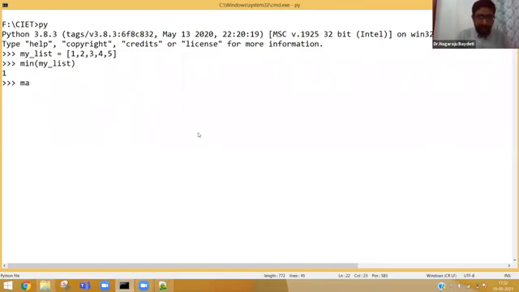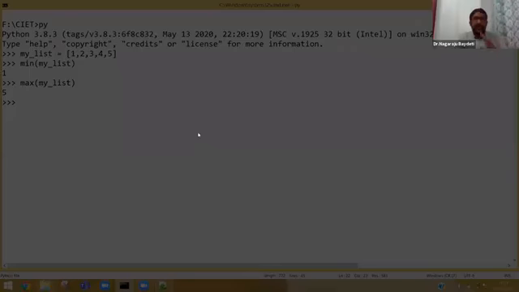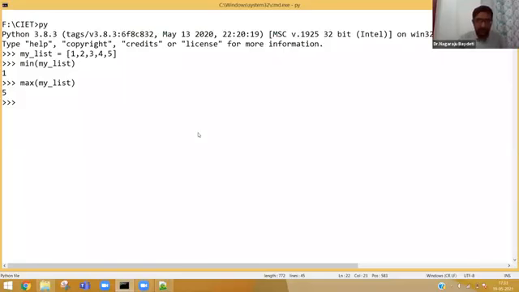If I type max of my list, the maximum value will come. Like that you will get for tuple also. For example, my tuple, I think there is no need for me to explain all those things. So there are many methods available, which you can learn by yourself.